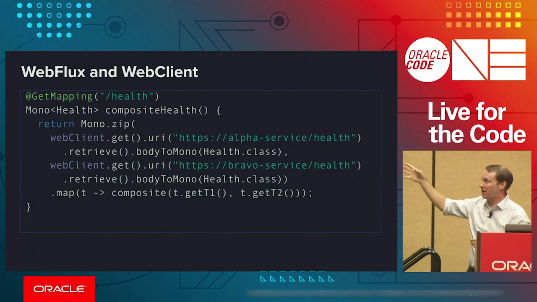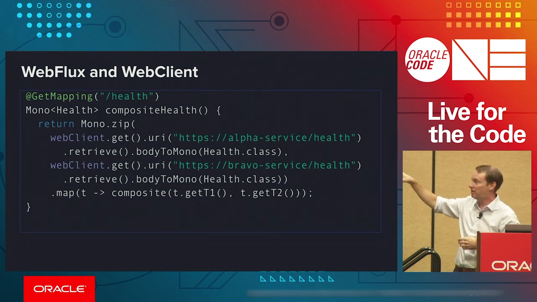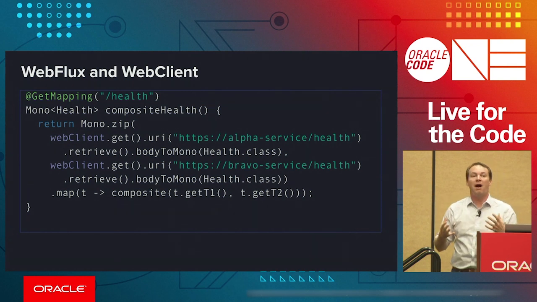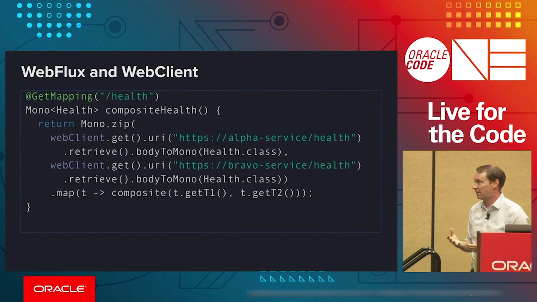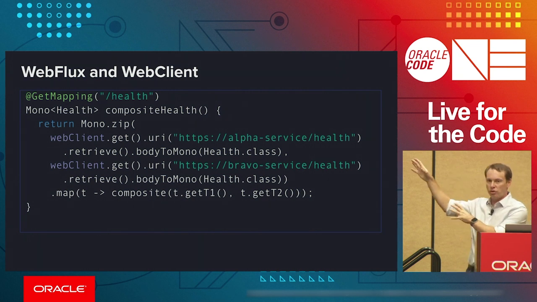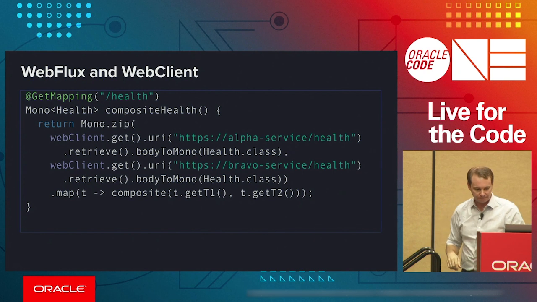But the key thing about this is that this happens all in a reactive way. It's completely non-blocking. It happens asynchronously. And so while it will obviously take some period of time to go to the alpha service and the Bravo service and get their data, we don't occupy a thread. We don't occupy any extra memory on the thread stacks and things like that. We can do this as efficiently as possible and then return data back out. So we've got a good programming model as of a couple years ago for doing web applications.